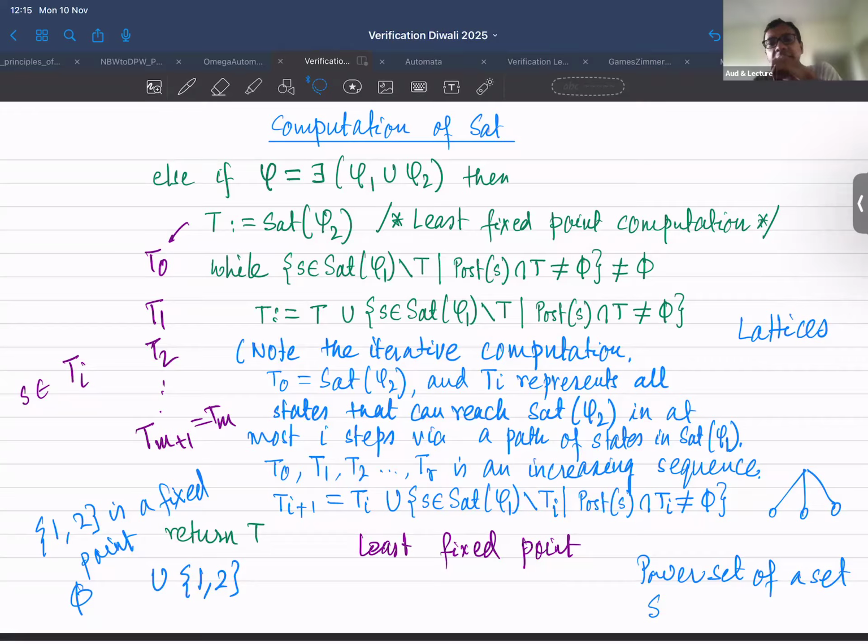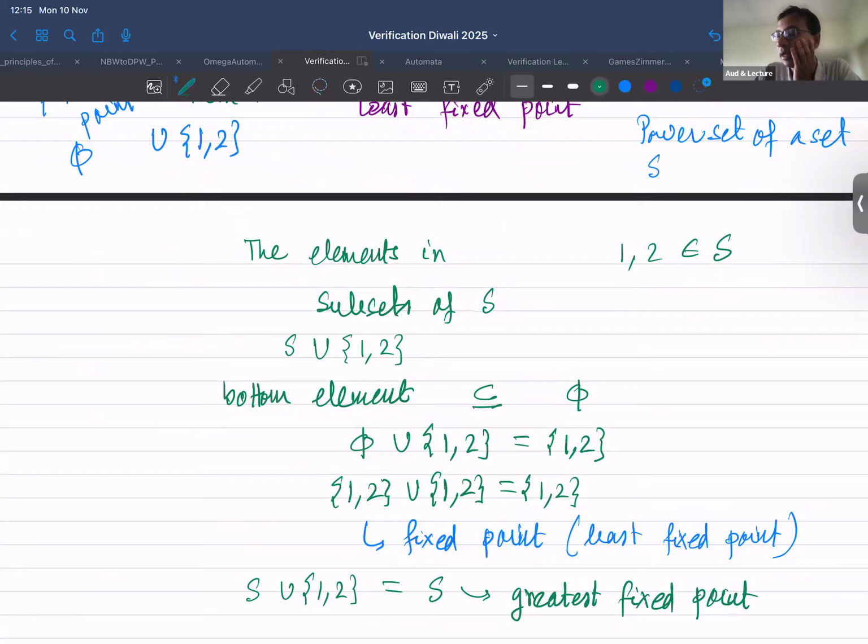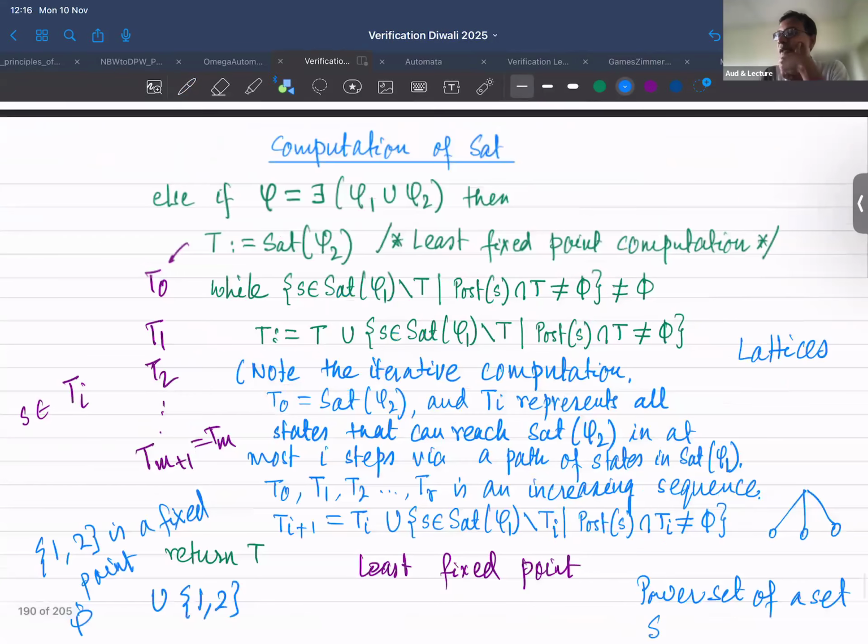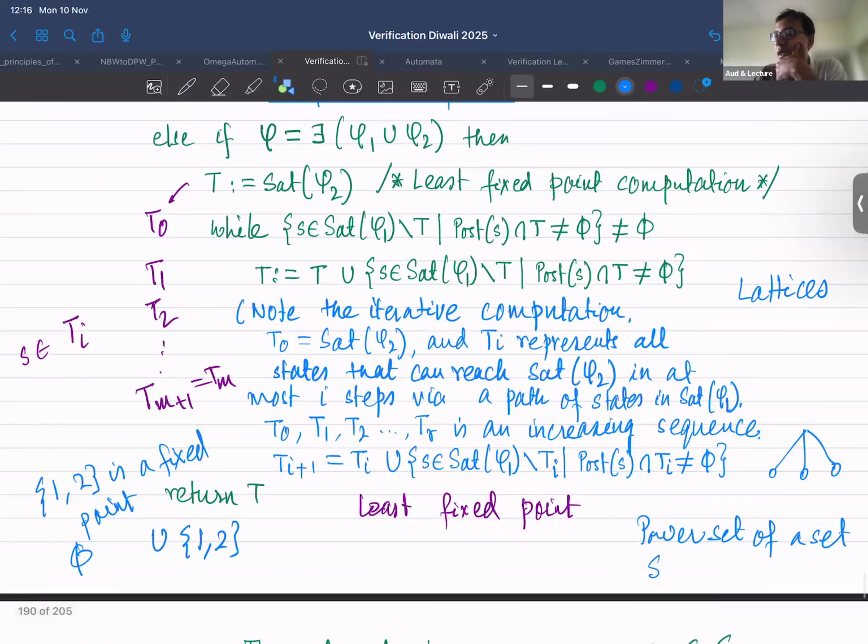But was it clear? Did you get the idea? It depends on your initial valuation, and then you are doing an operation, right? So what is the meaning of a fixed point? You have studied the idea of a fixed point sometime, right? A fixed point of an operator is when you apply some operator over and over again iteratively, and then when the result doesn't change anymore, that is called the fixed point. For example, here we are applying some union operator, and this is the fixed point, like T_{m+1} equal to T_m.